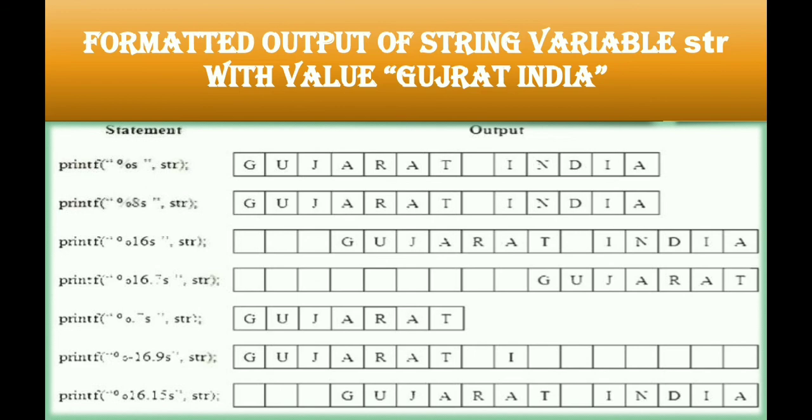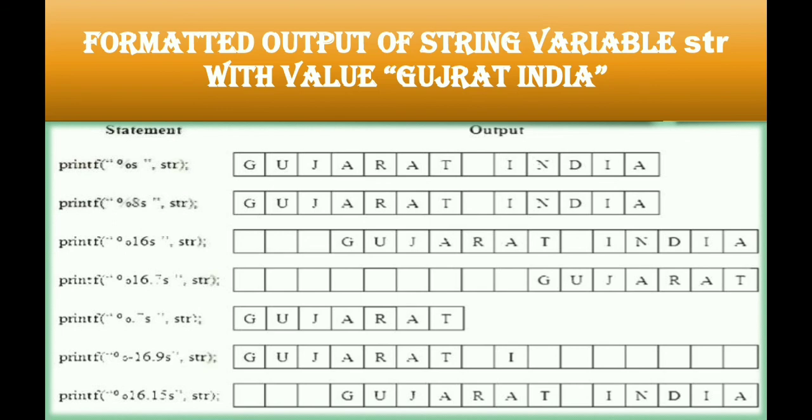Then next we are providing a width of 16, so that will be visible. So 16 boxes will be there, you can see over here. And as we have provided the width, the justification changes from left to right. So the string will be printed from the right side, and whatever extra boxes there are will be empty. Then now we are providing the next value, that is 16.7.